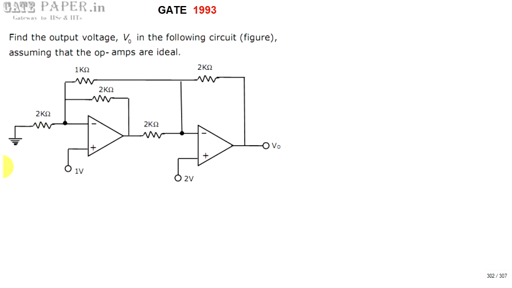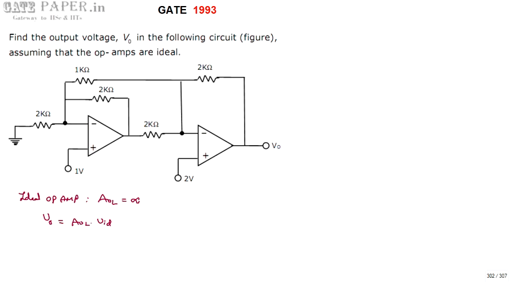We know that every ideal operational amplifier has one important characteristic. An ideal operational amplifier has infinite open loop voltage gain, AOL. This is one of the most important parameters of an ideal op amp. Generally, the operational amplifier output voltage is the open loop gain times the input differential voltage, that is AOL into